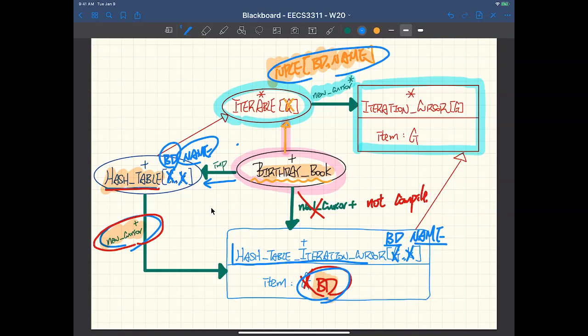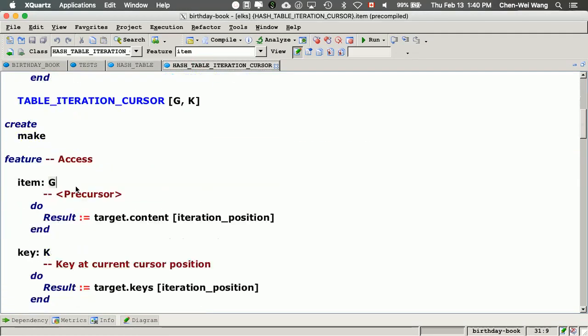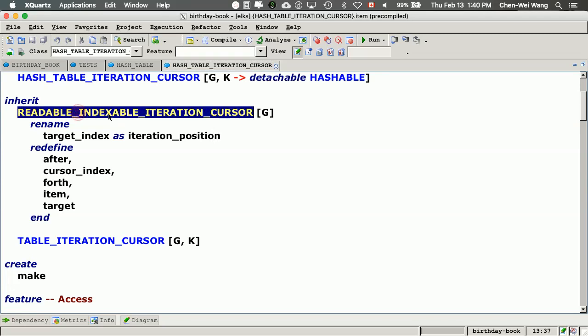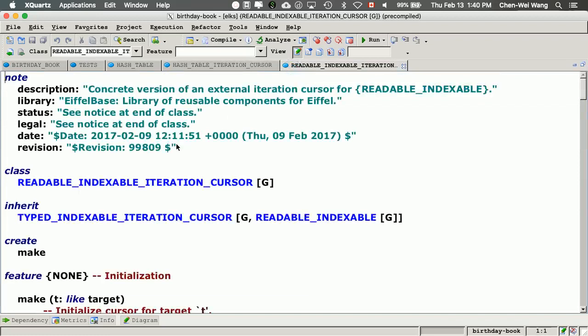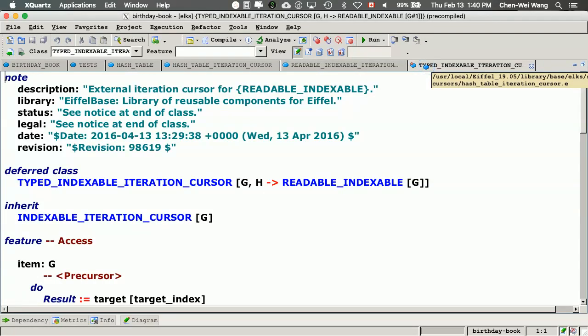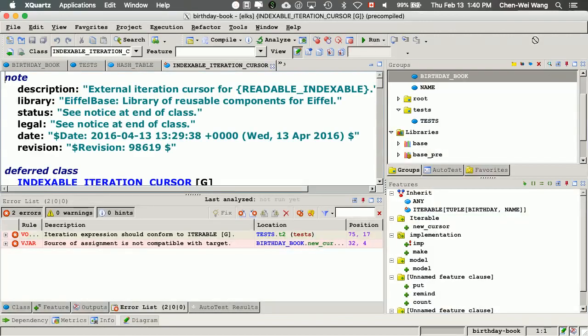One more thing to say. Now you can see over here in hash table iteration cursor, that one there simply inherits from some iteration cursor. Let me just go a little bit deeper for you. It inherits from readable indexable iteration cursor. If you simply go to that particular class, you can see that one there. You go further, type indexable iteration cursor, choose it, and then go there. We're going further up the ancestor path, and also indexable iteration cursor, go one more level. Eventually we see that it will actually inherit from